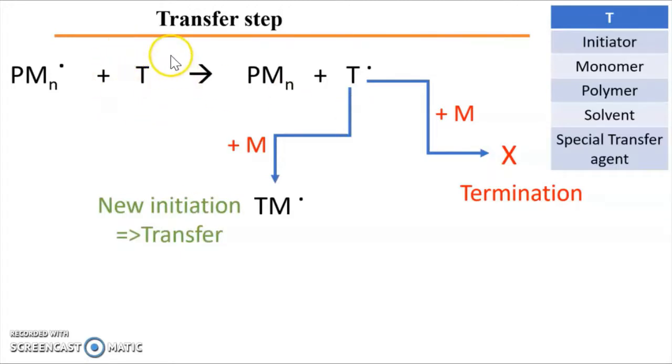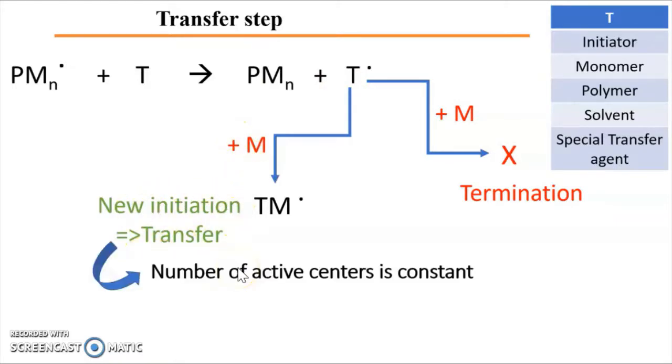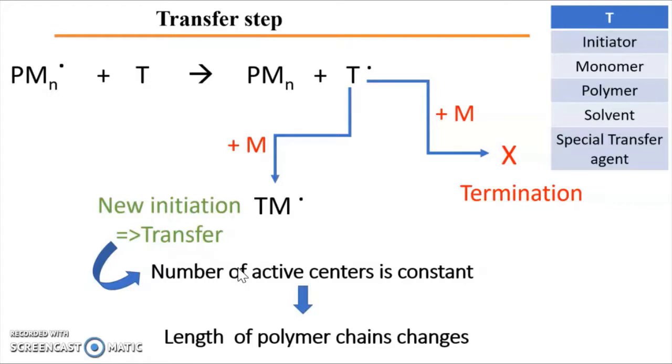The transfer agent could be any molecule present in the medium. It could be the initiator, the monomer, the polymer, the solvent if we have solvent in the medium, or it could be a special transfer agent. So here, if the new radical formed has reactivity toward the monomer, and I have a new initiation, and thus I have transfer. In this case, the number of active centers is still constant in the medium, but the length of polymer chains